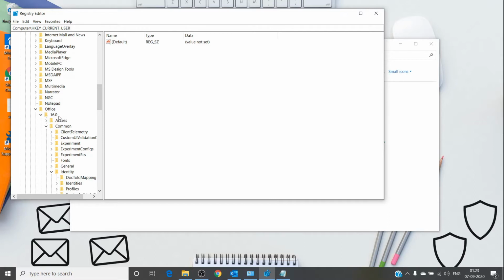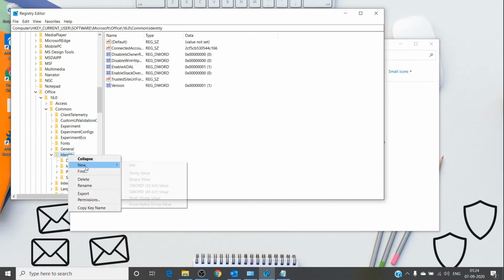But if you have Office 13, you might have 15.0 here. So make sure that you are selecting the version properly, and under 16.0 or 15.0 you will see a common folder, and under common folder you will see an identity folder. You just have to right click on that folder and click on new DWORD 32-bit, and you just have to name it